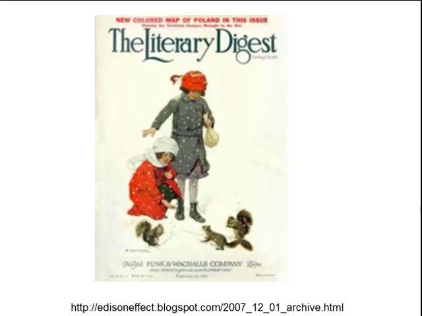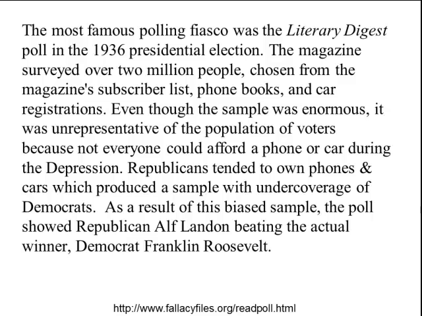The Literary Digest, back in 1936, the magazine surveyed over 2 million people, chosen from the magazine's subscription list, phone books, and car registrations. Even though the sample was large, it was unrepresentative of the population of voters because not everyone could afford a phone or a car during the Depression. Republicans tended to own phones and cars, which produced a sample with undercoverage of Democrats. As a result of this biased sample, the poll showed the Republican Landon actually beating the actual winner, Democrat Franklin